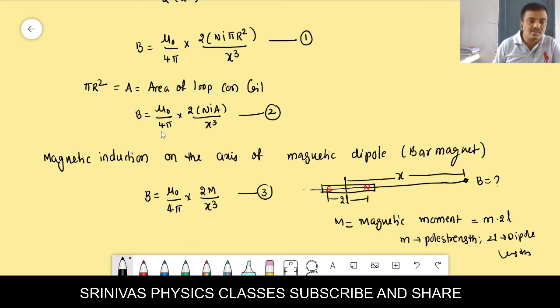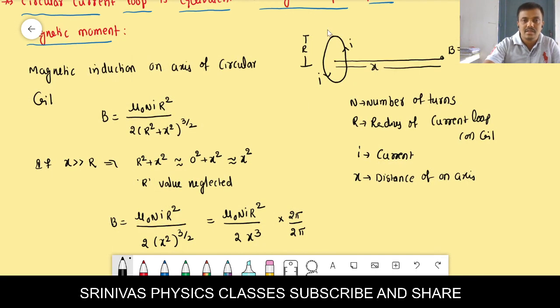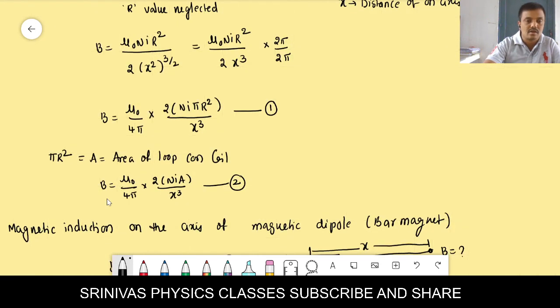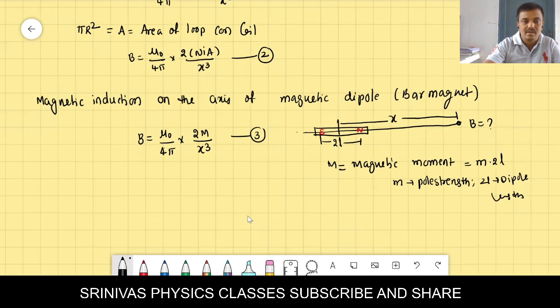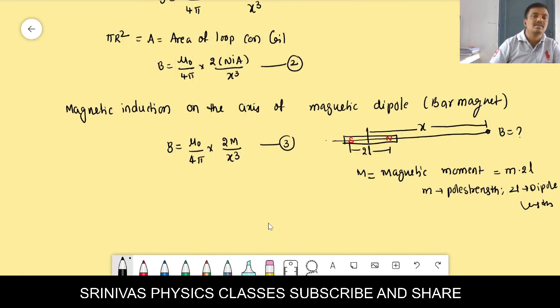Now let us see, when you compare the magnetic field due to a circular coil and the magnetic field due to a magnetic dipole, the circular coil magnetic field we derived here. If you compare the two formulas, from equation 2 and 3, the two appear similar. Is it correct, students? The two equations appear similar. This indicates that from equation 2 and 3 we say that